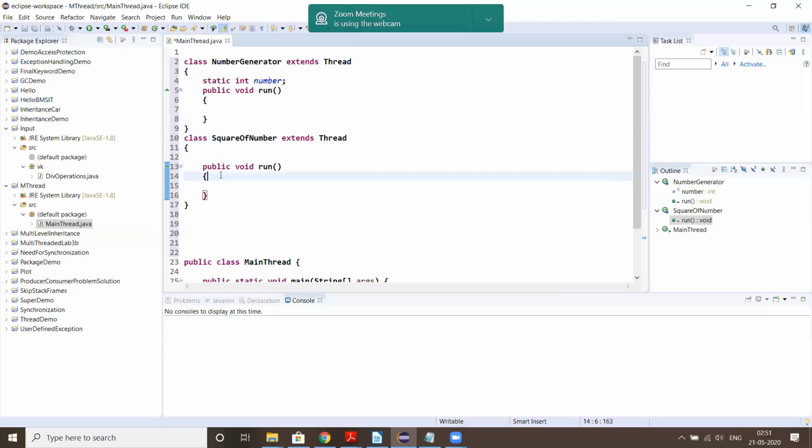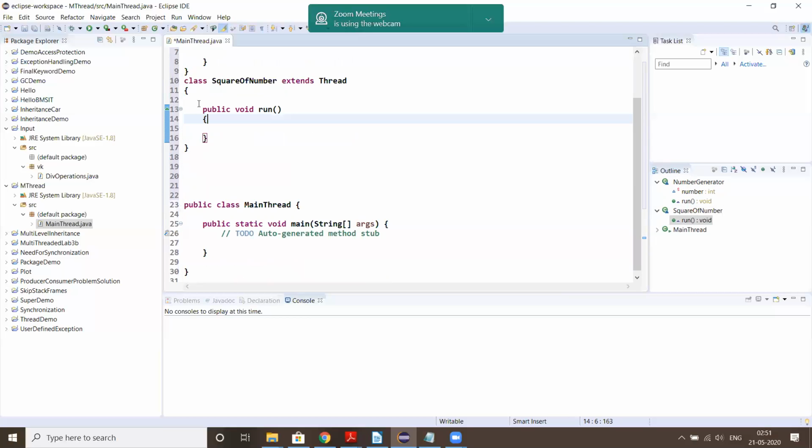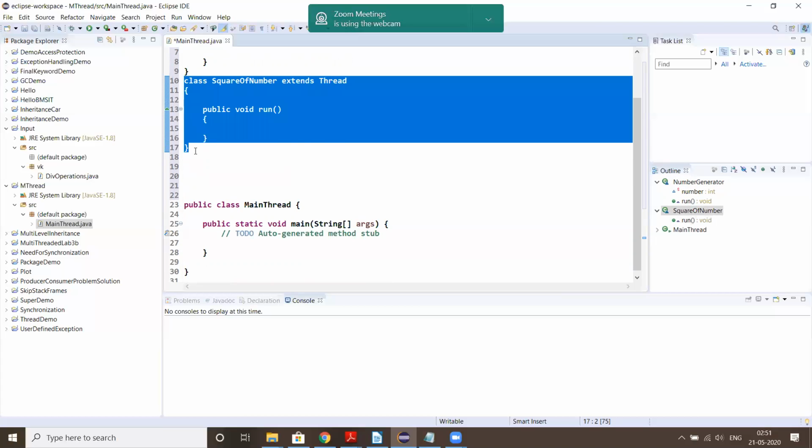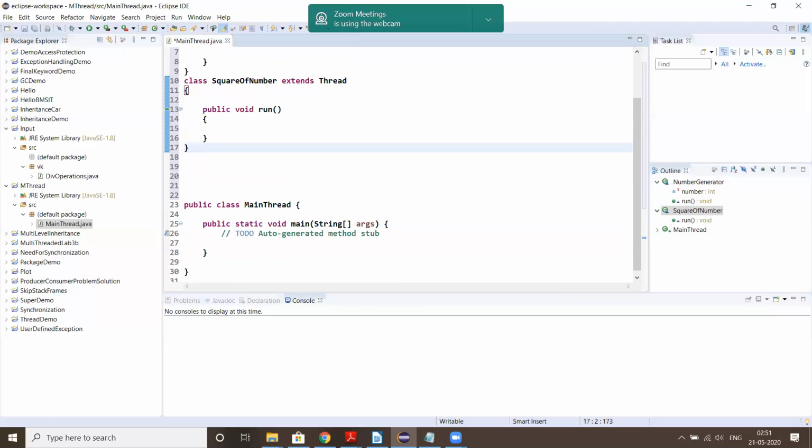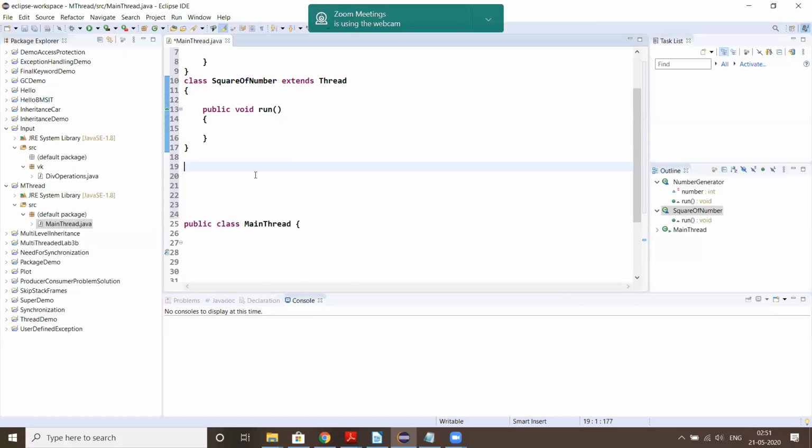Okay, what it does next. So similarly, we'll have another class. This computes the cube of a number.